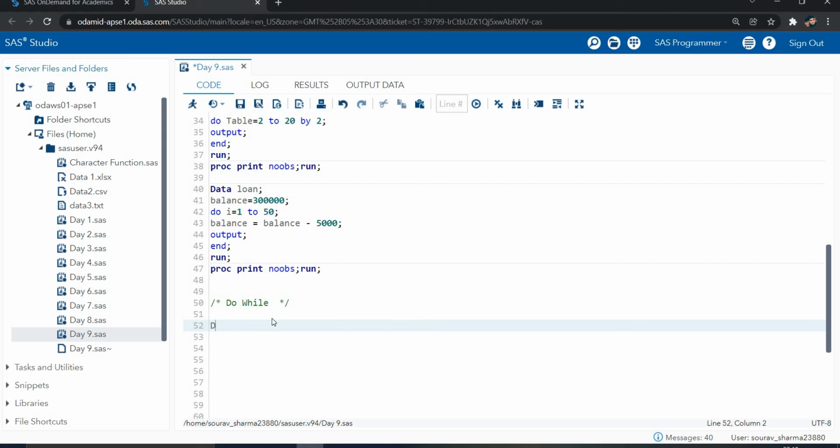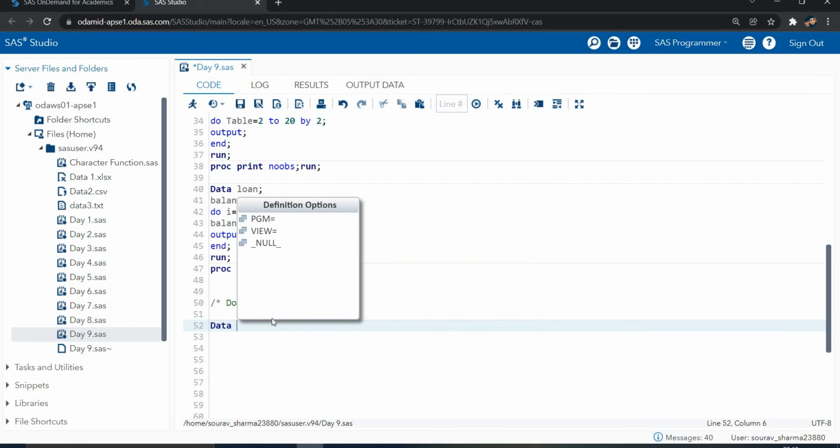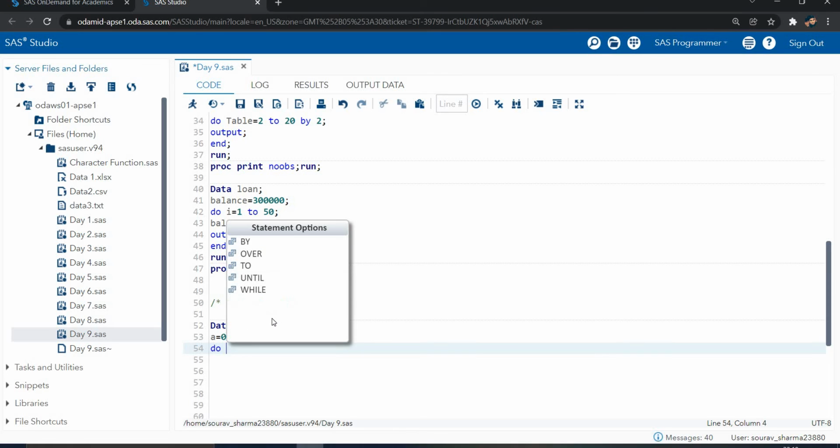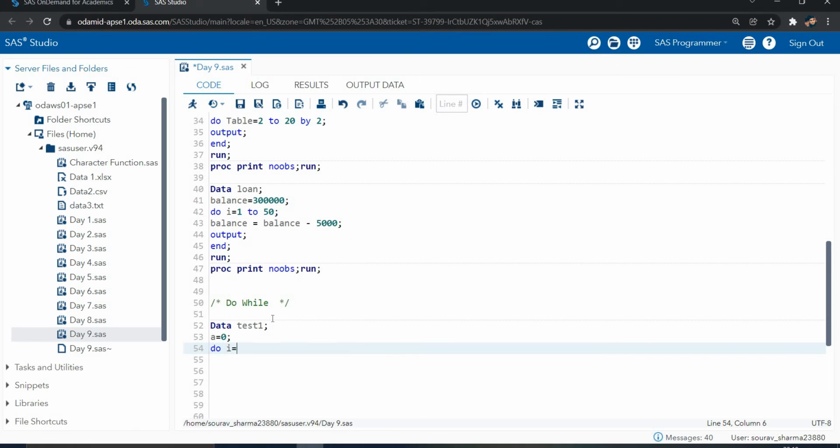First we are viewing the do while. What is a do while? Let's suppose I'm creating one data set as test, test one. Now I'm creating one variable, a is equal to 0. I gave a as 0.